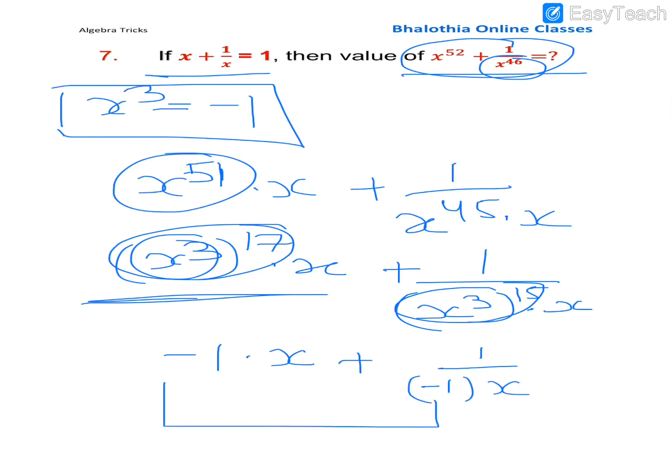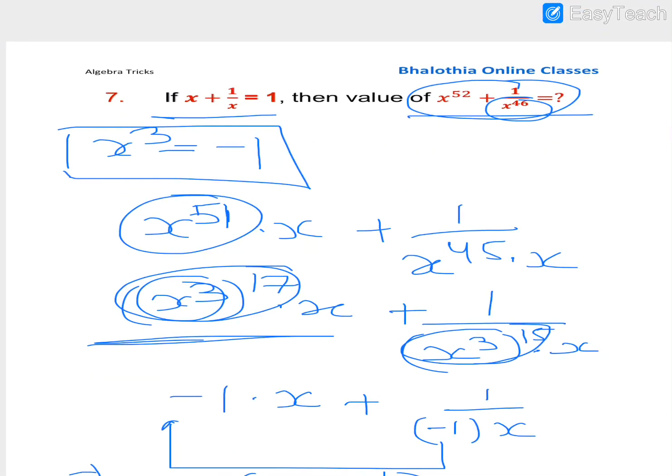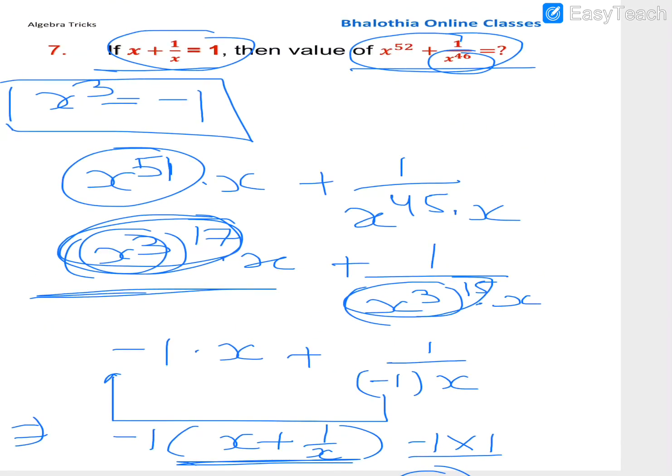So let's take the minus outside from both the factors. We will just take minus 1 outside, so it will remain x plus 1 upon x. Actually we have to find the value of x plus 1 upon x. That is already given, right? That is 1, and then minus 1 is outside, so minus 1 into 1. Your answer will be minus 1 in this case. Okay, so it was easy. Just to explain to you, I have broken it into these kinds of powers, but if you already know, you can just put the values directly here.